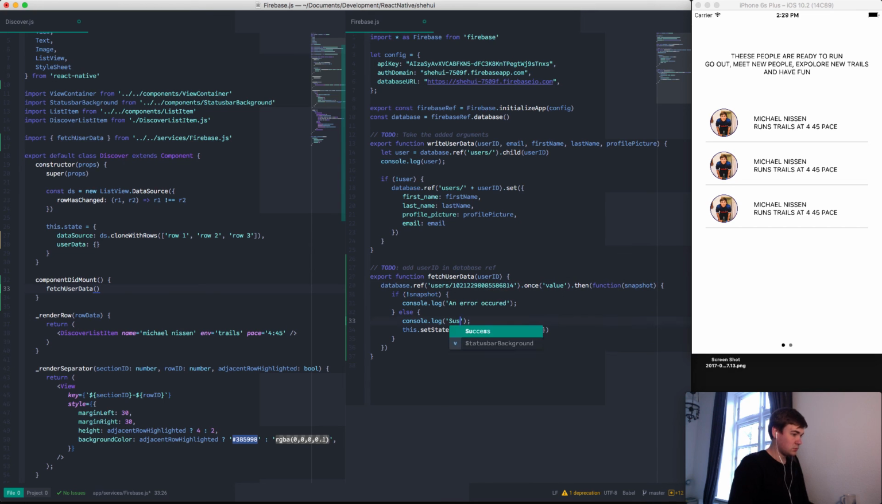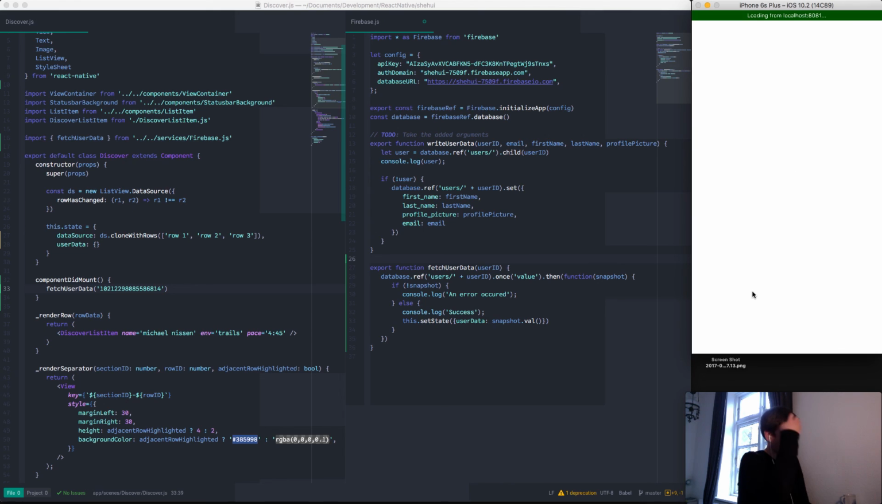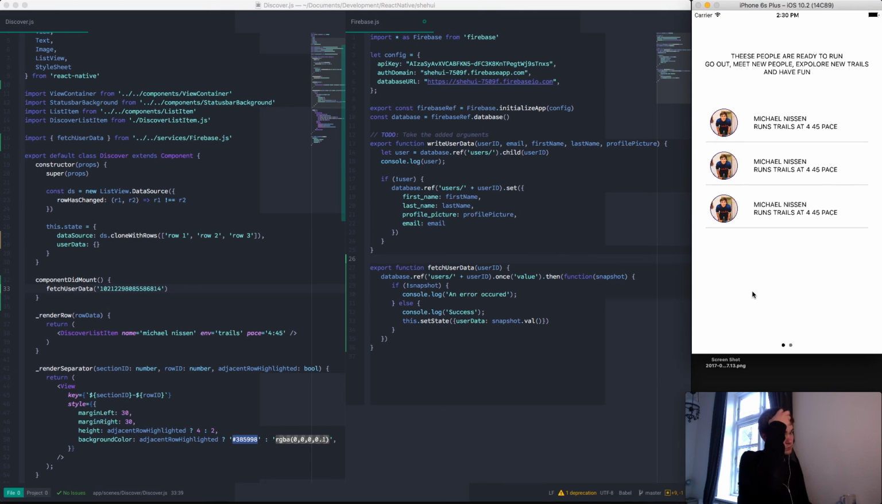What? No, come on. Stop doing that. Just pass it through here instead. Success! It says. Then it also says this.setState is not a function. And that is because we need to